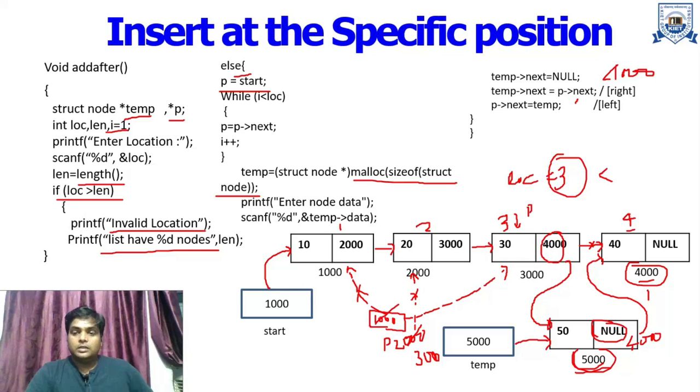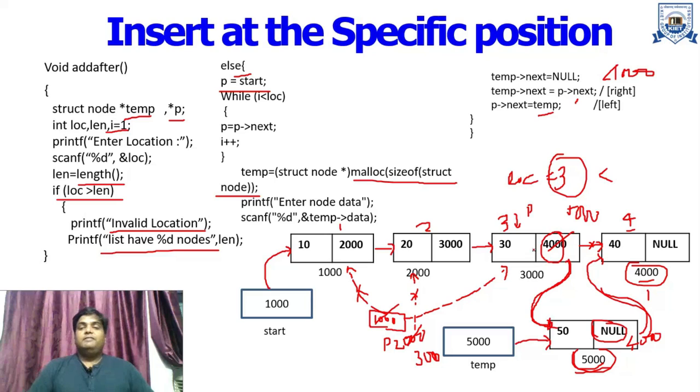So how can we access this field of the particular node, that is P2 next? To P2 next we just provide the value of 10. So the value 10 will be provided to P2 next. So now it is 5000. When this is 5000 and this will be 4000, then automatically the link will be performed. So this node will be connected in between these two nodes. In this way we can perform insert at a specific position of a linked list.